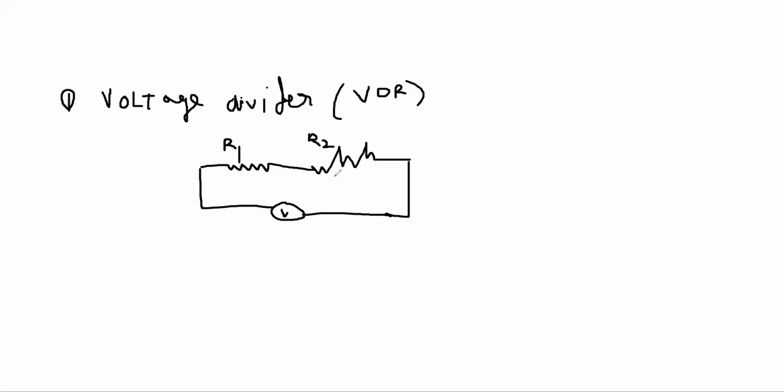So if I want to find the voltage across V2, I am not giving the polarity here. When we solve the problem, I will tell you each and everything. So this is actually the source voltage Vs. So if we want to find the voltage across R2, then V2 will be equal to the source voltage